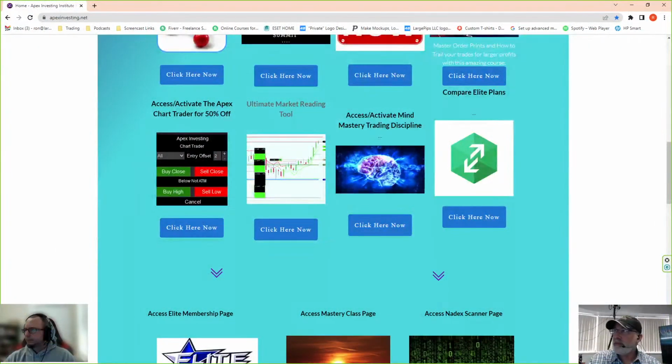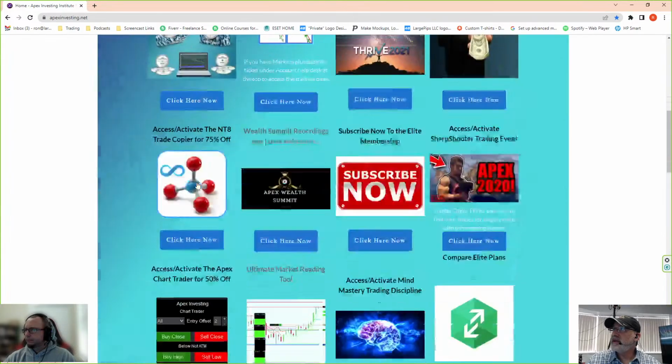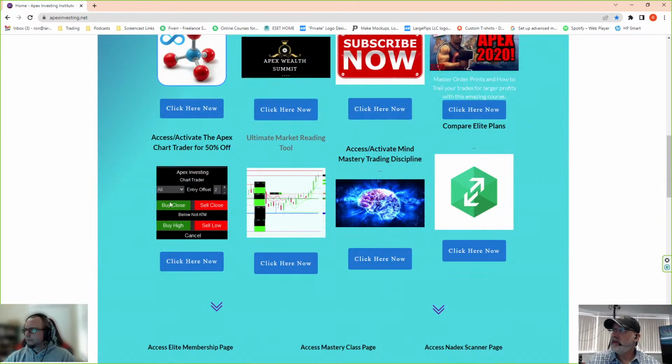I don't know if anybody does not know what it is, but just a real quick and dirty explanation for those who are watching right now and have no idea what order keys are and where they come from. This is how you get it. You get it through the Apex website. Once you get into the portal and you get into Bootcamp, you'll have this option to get the chart trader, which is the Apex chart trader, which what it'll do